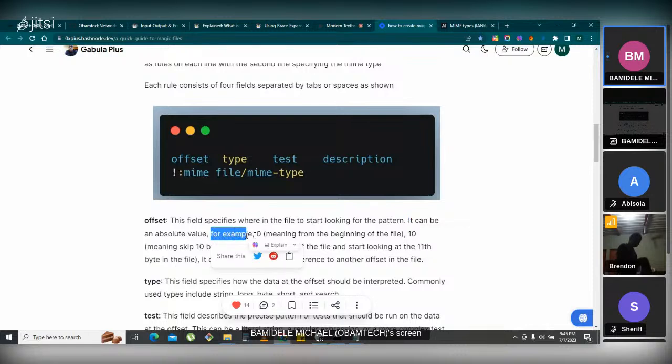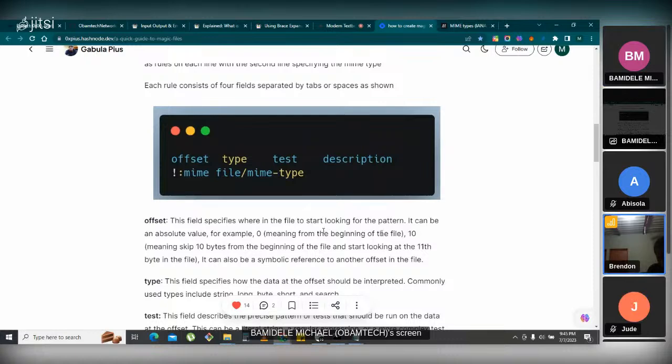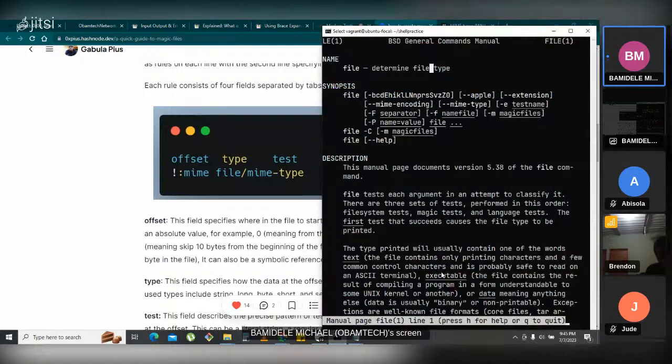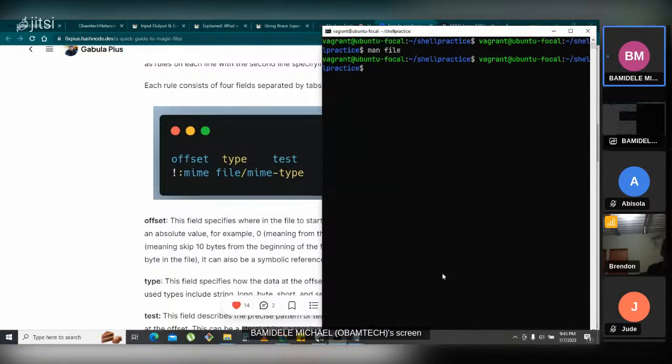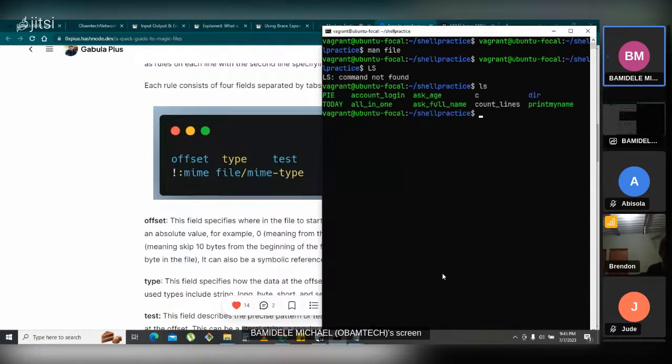For example, it can be 0, meaning from the beginning of the file, just like I said, or it can be 10, that is, it has to skip 10 lines from the top until line 10. For example, let me open this file called C. I have a file here with the name C. You can see it. So if I open it with vi, if I say vi C,